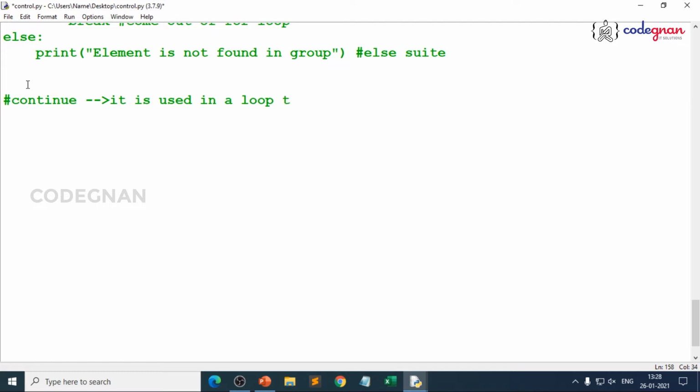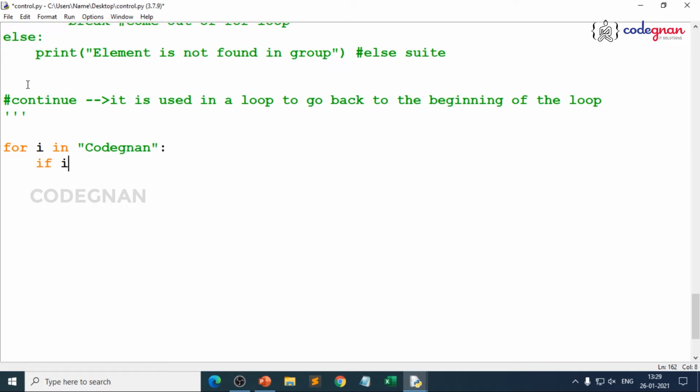In a loop, it goes back to the beginning of the loop. So I'll take a simple program which we discussed in the beginning itself, where I'll take for i in "codenan".